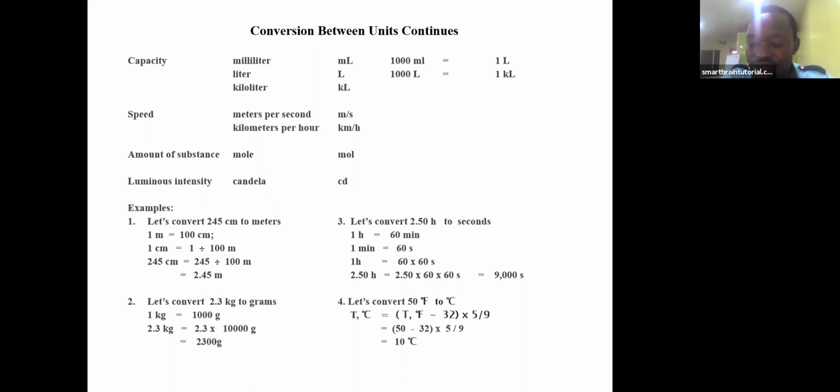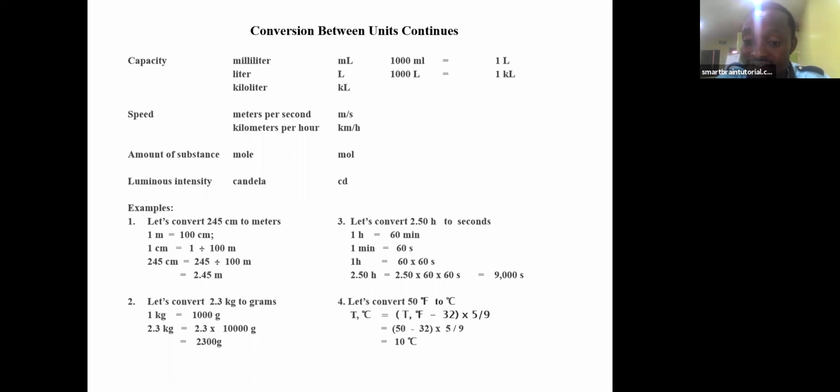2.5 hours to seconds. Now, talking about time: 1 hour is equivalent to 60 minutes, and 1 minute is equivalent to 60 seconds. That means 1 hour is going to be 60 times 60 seconds. Now we want to convert 2.5 hours to seconds. 2.5 hours will now be equal to